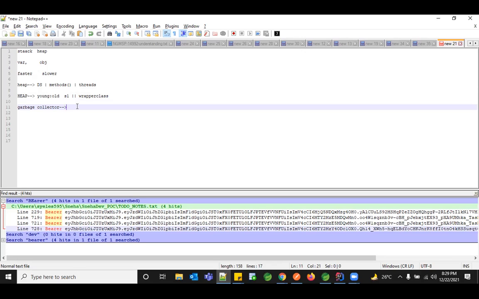So for that purpose, internally, the heap has an algorithm or a strategy where it separates your objects into young space and old space, where all recently created objects will be in young and all the older ones will be in your old space. Okay. And the second thing, what is the purpose behind categorizing this into young and old? The garbage collector helps you to clean out your memory. Those objects which are not used for a long time, it will flush out from memory.